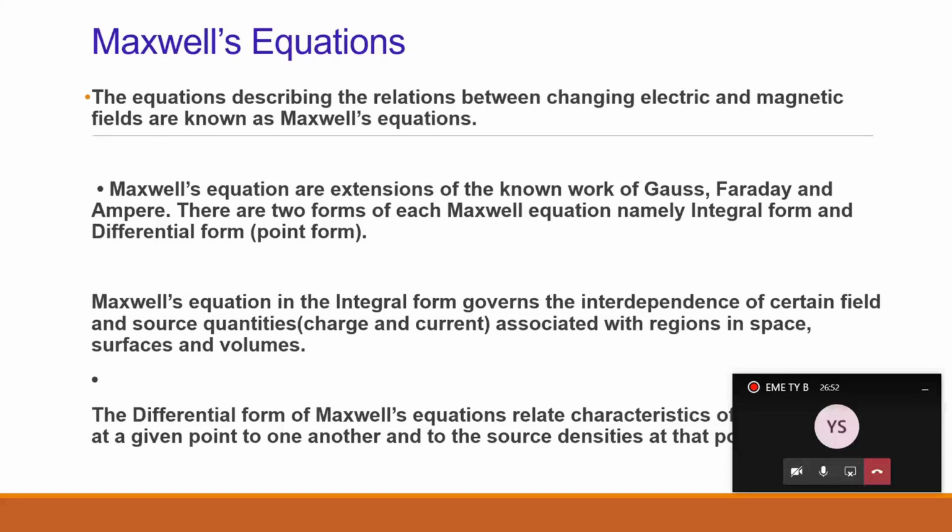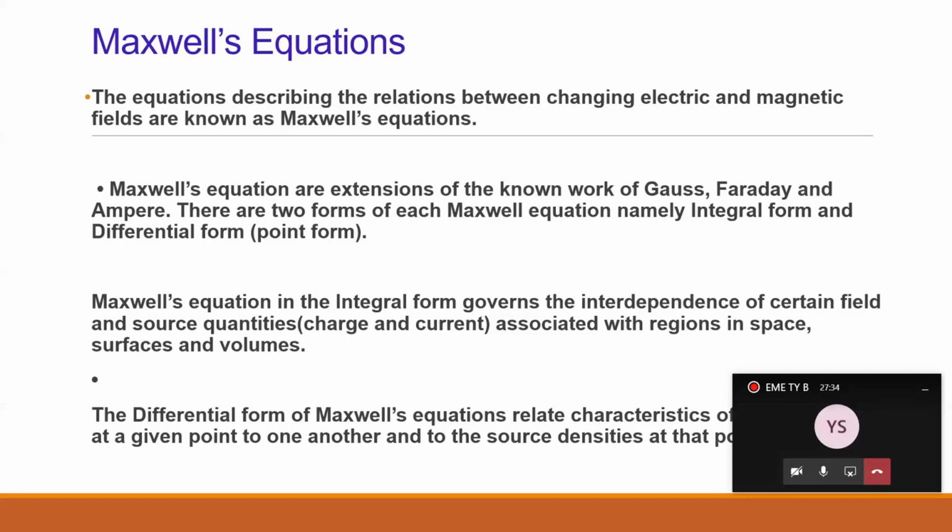We know that Q is equal to the triple integration of rho v dv. So Q is a charge, a source of some electrical quantity. It is not actually Maxwell's equation, but from this equation we are going to derive the main part of Maxwell's equation, and hence this equation is known as the integral form of some kind of electric field equation. When integration comes, it is known as integral form of Maxwell's equation.